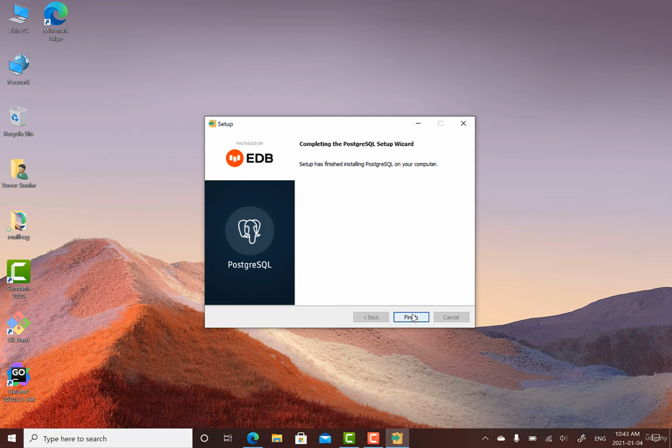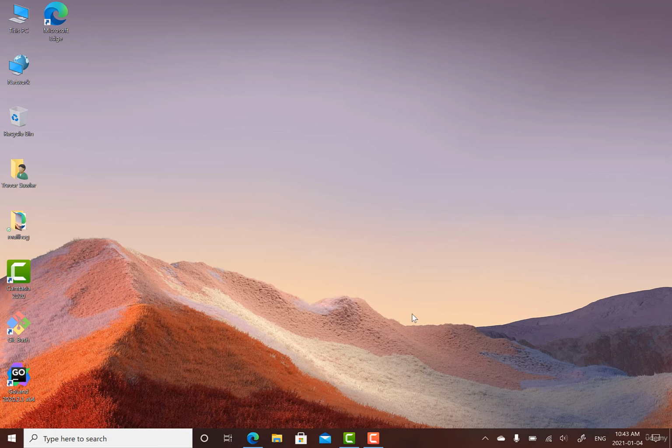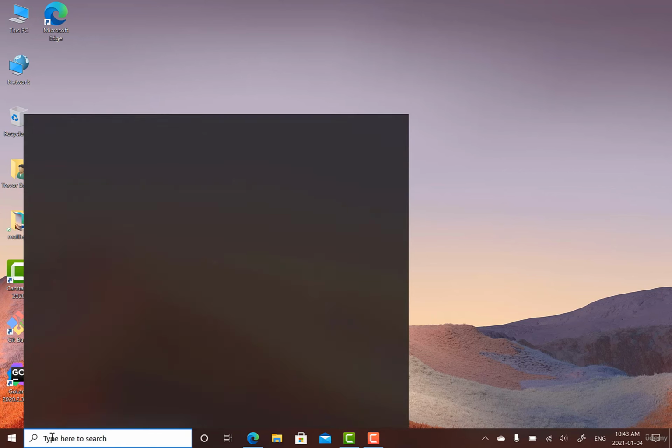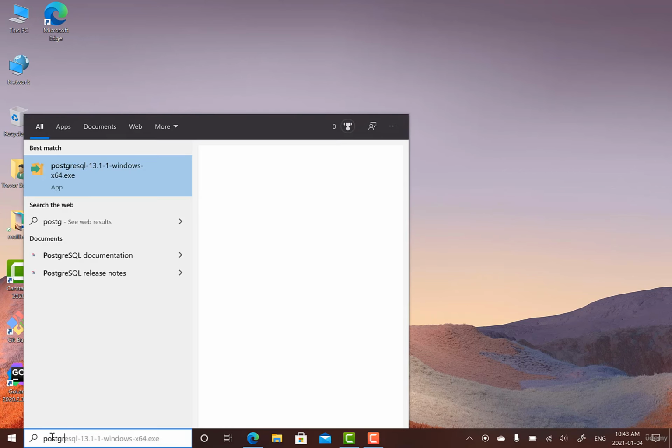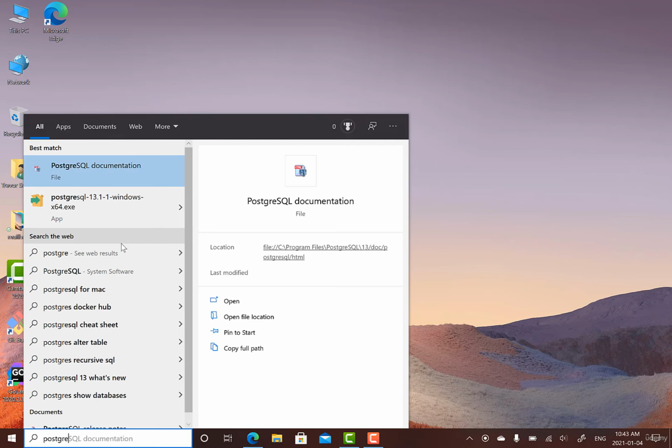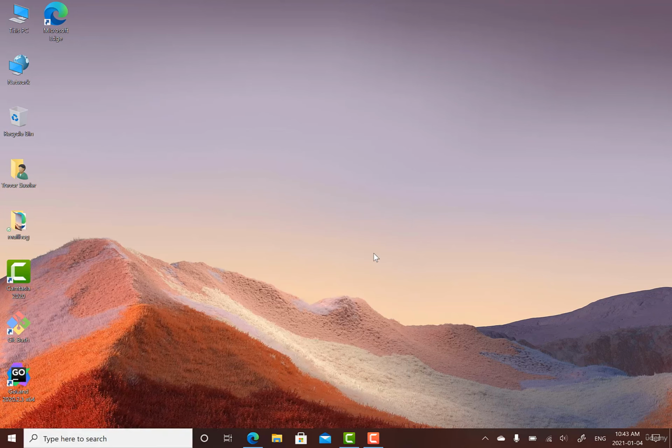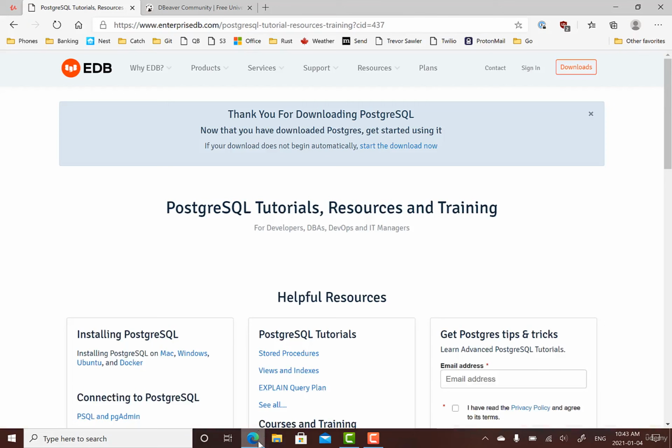All right, so it looks like it's installed. Now let's just see what's in here. So I'm going to search for Postgres. And we have Postgres system software, the documentation. That's the installer. I don't want to start that again. So I'll just cancel that. Let's just see what happens. So it may be running. I have no idea. I haven't read the documentation yet, but I'll go back to my web browser,